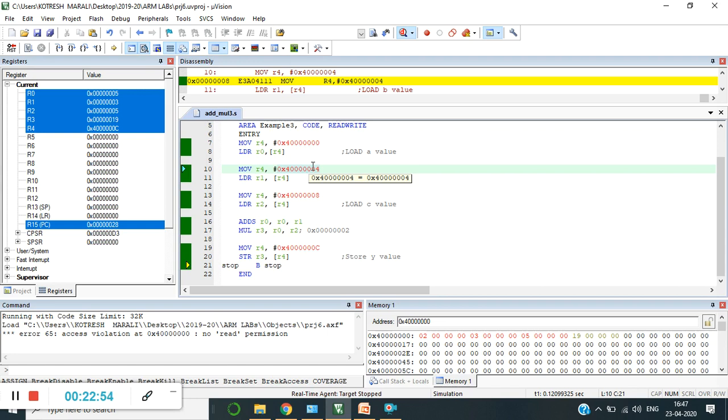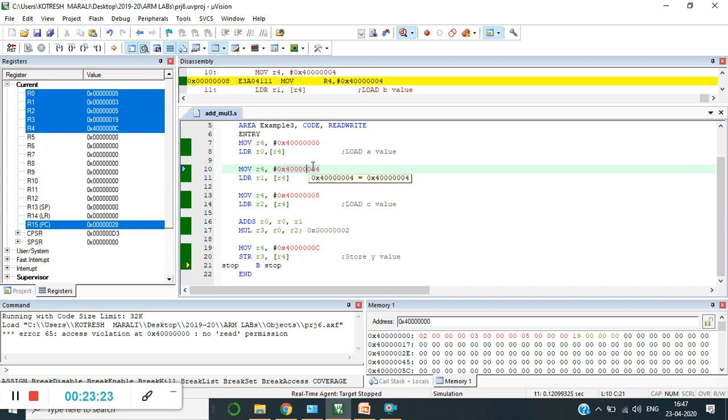Also you can try using LDM instructions so that you become more familiar with LDR and LDM, and execute them in the Keil software. I hope you now know how to perform operations with memory more effectively.